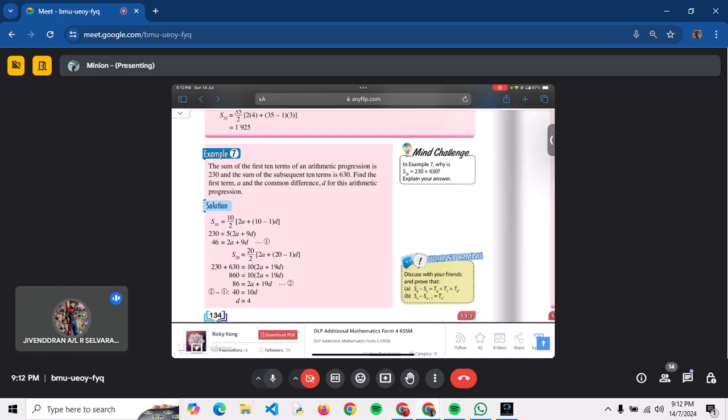So you have to add both of that to get the sum of the 20 terms. Okay, so S20 will be 630 plus 230, which is 860, and then you can put the other info in